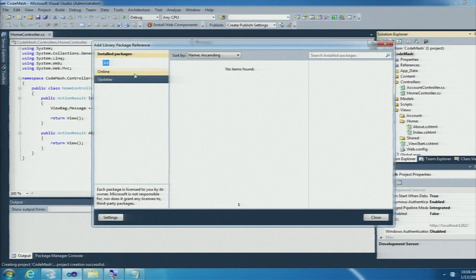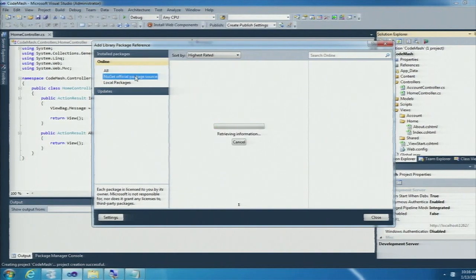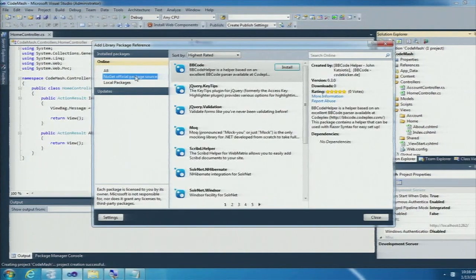If I click online, we'll see we've got the NuGet official package source, as well as a local packages option. Now, let me just talk about the local packages option for a second. This is not a feed out on the internet, like the official feed is, but it's actually a local version. Now, this could be a feed server within the firewall or a folder on my local file system. And people are starting to use this inside their development teams to provide their developers with a specific set of open source libraries that they use time and time again. So you might want to think about that the next time you're setting up your environments.